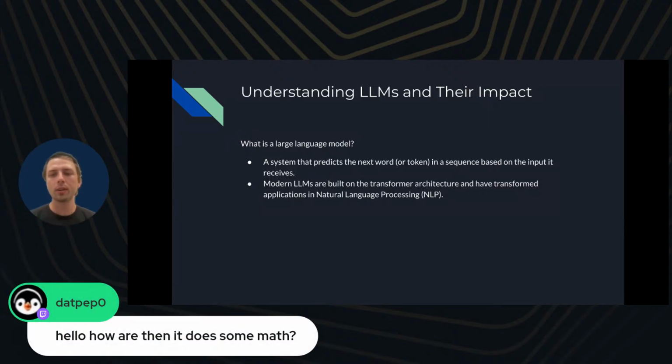Yeah, and a really good question here. How is it then that the LLM can do math if all it does is predict the next word? That's a great question. So I guess you're getting at a really important idea here, which is that just by predicting the next word, there are emergent properties of the LLMs. So just by predicting the next word, people have found out that they can do mathematics, that they can do other things. But with math in particular, it's kind of a special domain with lots of constraints.